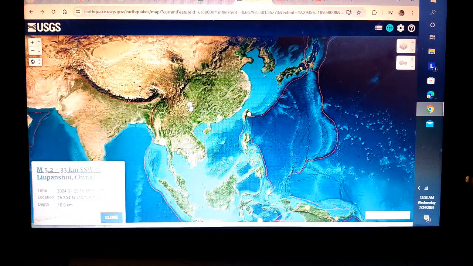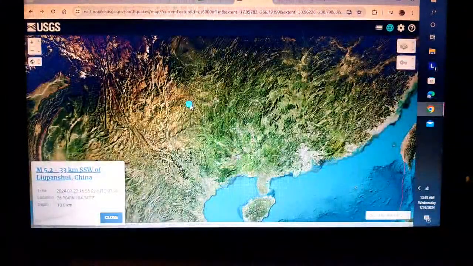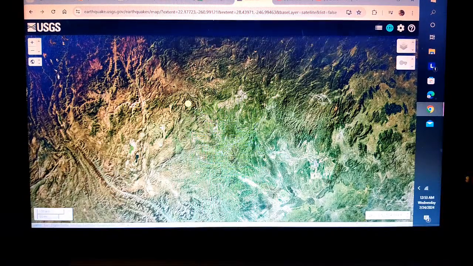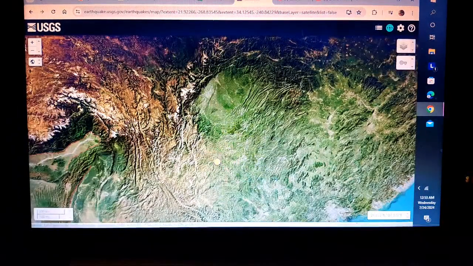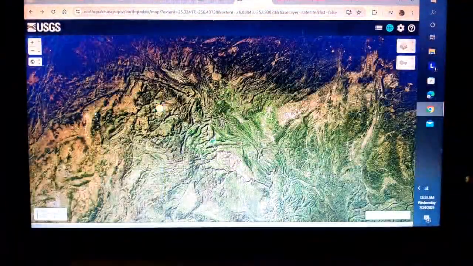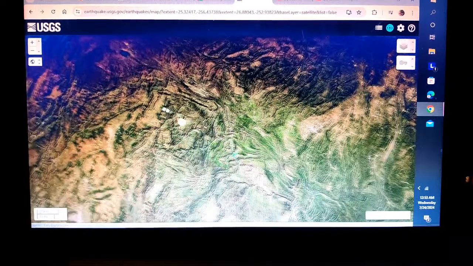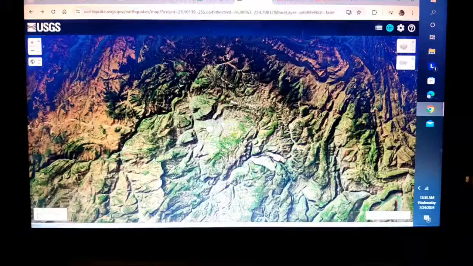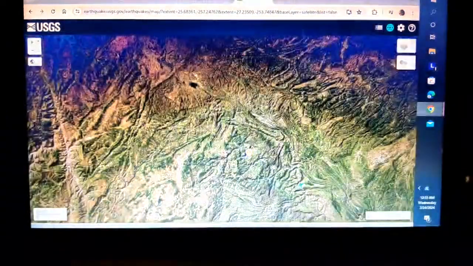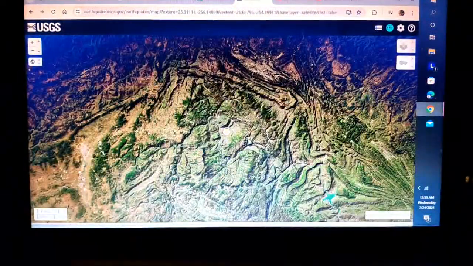Now over here in China, they had a 5.2 today. This is one of your diverse quakes because it's not a volcanic feature. I'm looking for faults and stress fractures and stress areas. This looks very random and choppy. It could be some kind of, well, look at this right there. Yeah, maybe we do have some kind of ancient volcanic feature right here. What is this? This looks like a diamond almost.